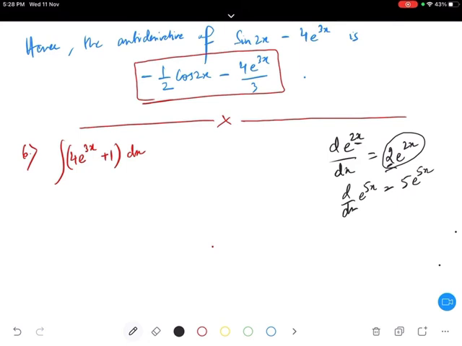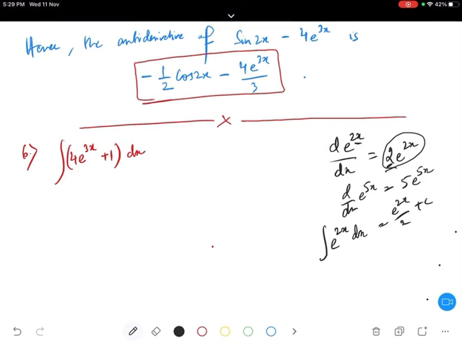Okay. Now for integration, what happens? Integration of e to the power 2x dx will be e to the power 2x by 2. In differentiation, the number will be multiplied. In integration, the number will come down. The number will be divided. Okay? Clear? So that's the difference between differentiation and integration. In differentiation, the number will be multiplied, and in integration, the number will be divided.